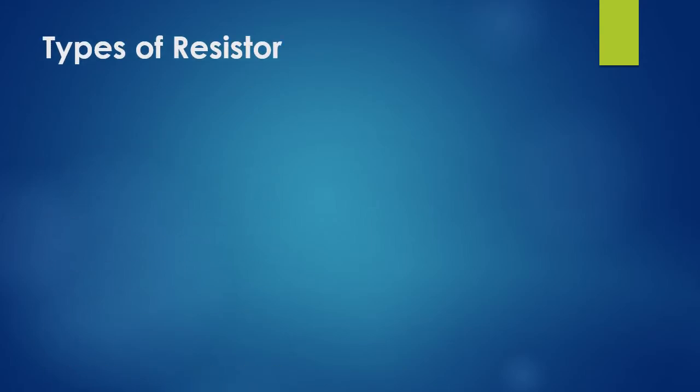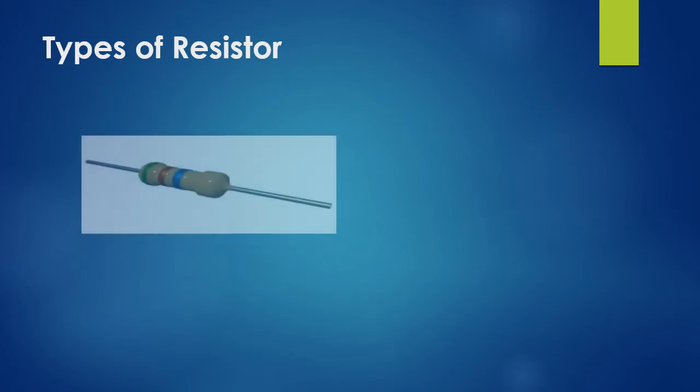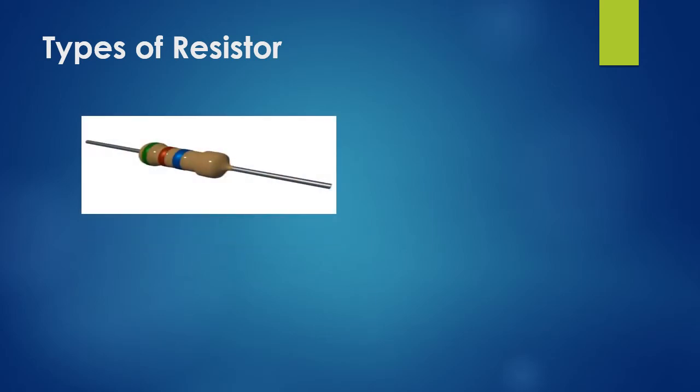Now we will go through the types of resistors. The first type is the carbon composition resistor. It is also known as carbon resistor. It is a very commonly used resistor, low cost and easy to construct. It is mainly made up of carbon clay composition covered with a plastic case. The advantages of carbon composition resistors are that they are readily available, low cost and very durable. But the disadvantage is that they are very temperature sensitive.